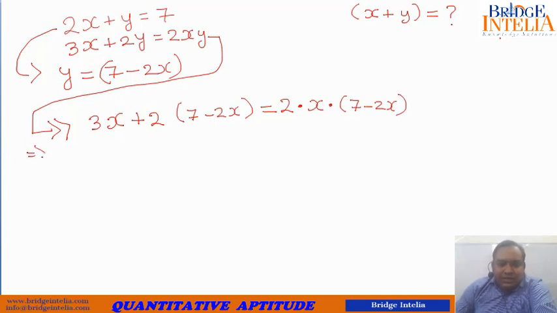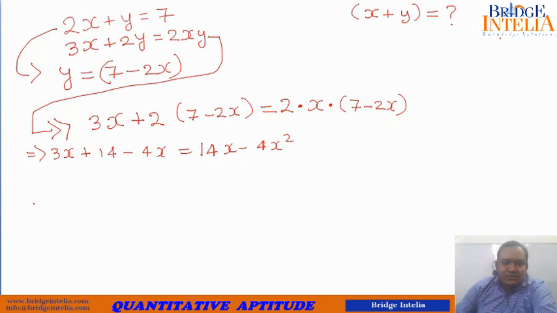So from here what do you get? You get that 3x plus 14 minus 4x is equal to 14x, 2x into 7. So 14x minus 4x square. So from here what can you conclude? You can conclude that 4x square, if you change the sides, so 14x comes this side, 18x, so minus 15x,